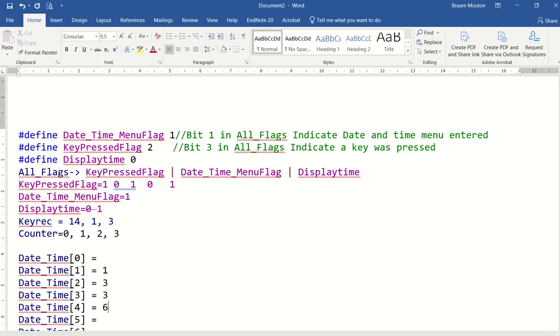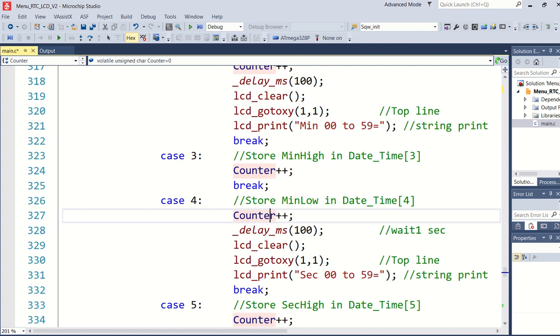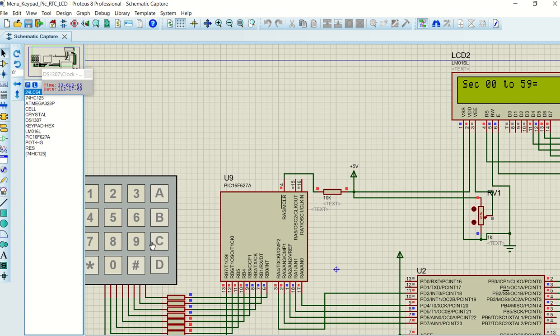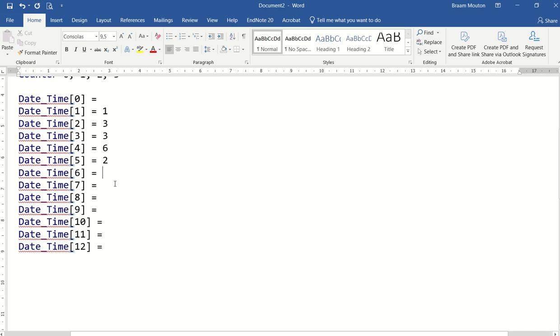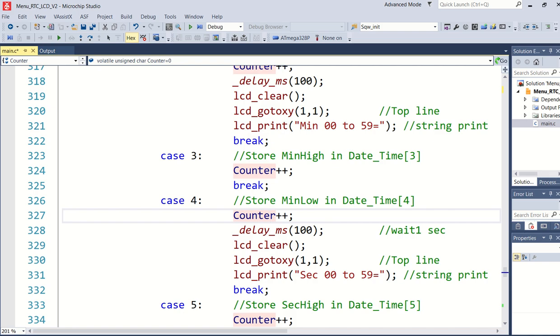And if I type on the screen, let's say my seconds is 25, it will show the 25, and it will place a 2 here and a 5 here. The same is now going to happen with the day and the year and everything. So this is how I would store all of my information in this array.